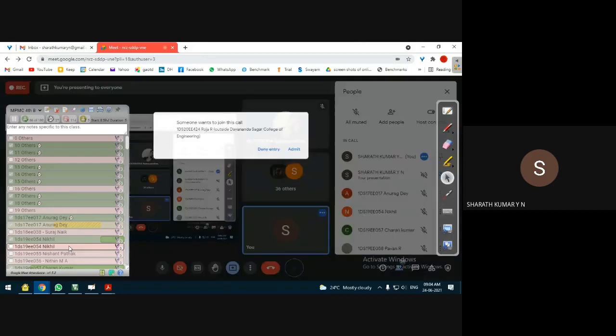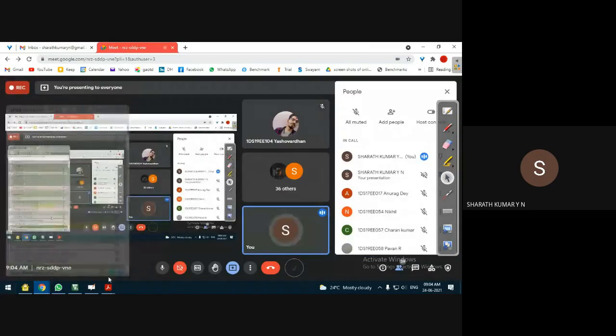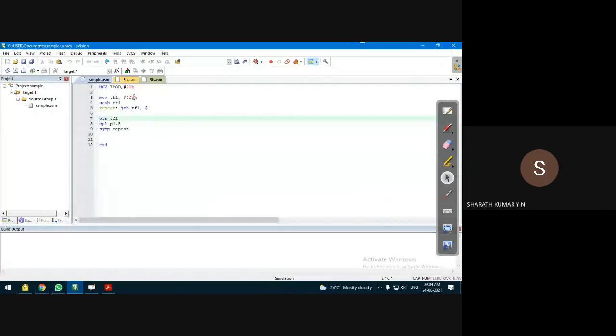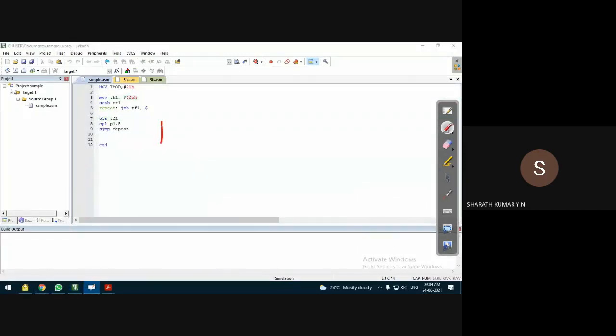Okay, so in this program we had written last class, we started the count with initial count as FA. So the number of clock pulses counted by the timer will be FF minus FA plus one, in hexadecimal. Of course, plus one, in the sense to count the delay. So this will be equal to 4.